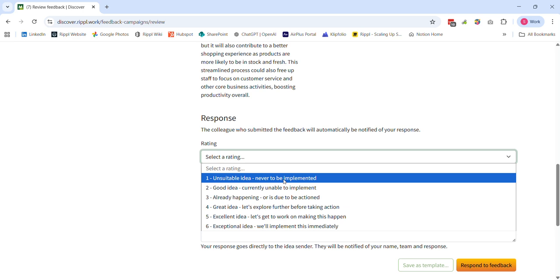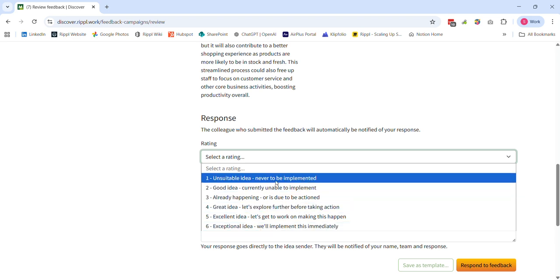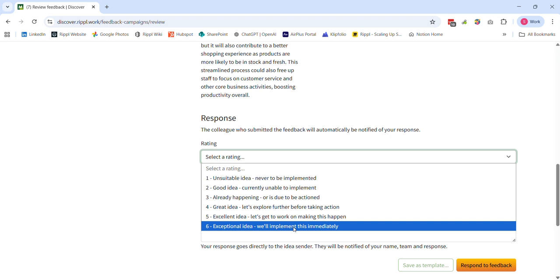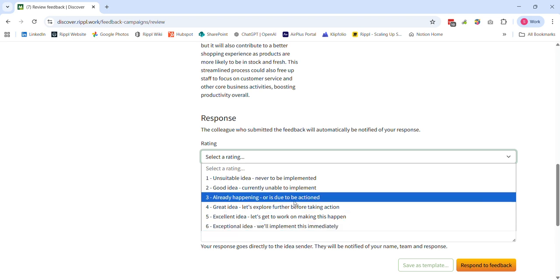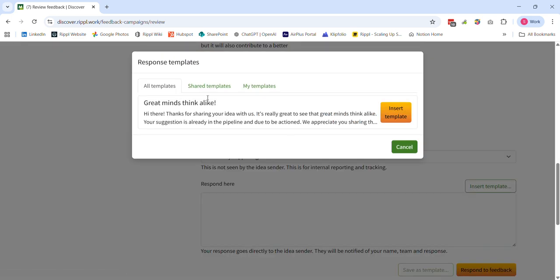All of these ratings are customizable, and you can have them on a scale. Either not so great, not going to think about it, but thank you very much, or excellent, we need to do this straight away, or something in between, like we're already working on this, but thank you anyway for thinking of it. Each time you select a rating, the system's clever enough to say, actually, you can have some templates